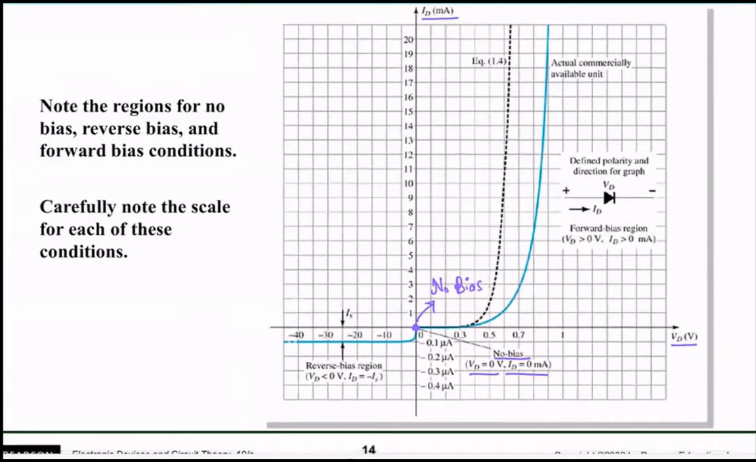Now look at over here. I want you to focus on this region right here. This region right here is actually when VD is positive, so some positive voltage is applied. What would happen when a positive voltage is applied across the diode? What should happen to the current? The current should,